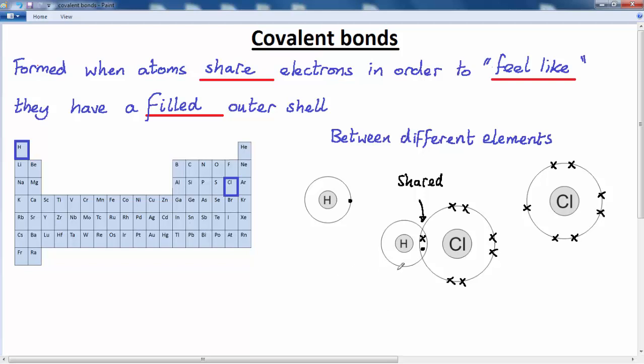And we can now represent this using a bond diagram. So hydrogen is joined to the chlorine atom with a single covalent bond, and then each single covalent bond is made from 2 shared electrons. So covalent bonds can be used between different elements, that's to say to form compounds in which 2 different atoms are joined by a covalent bond, or